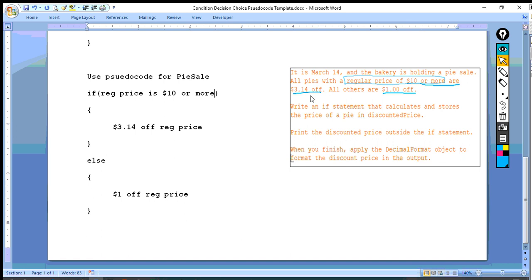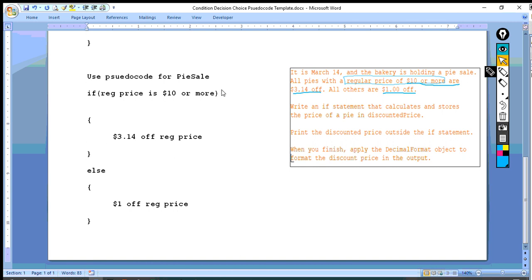That's it. When it says $10 or more, then it's going to take $3.14 off the regular price. Otherwise, it's going to be $1 off the regular price. Well, let's just look at how easy this really is then. Now what you do is you would now write your code. So in your code then, what would happen is you would write, let's see if I can do this. You would write,